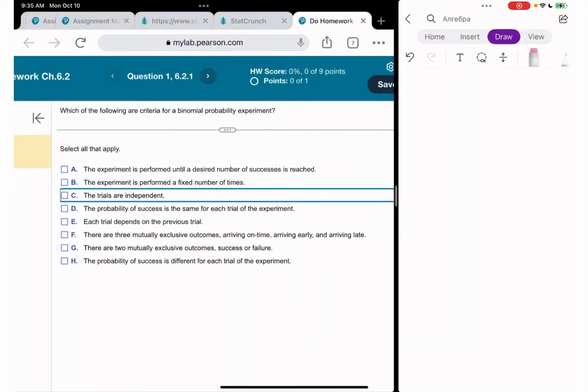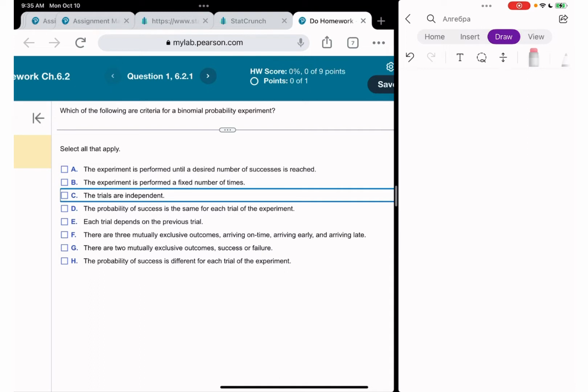Okay, we are doing homework 6.2, starting with question 1. I think this entire homework is related to binomial probability experiment. So let's first of all identify what a binomial probability experiment is, because all questions are going to be based on it. A binomial probability experiment has